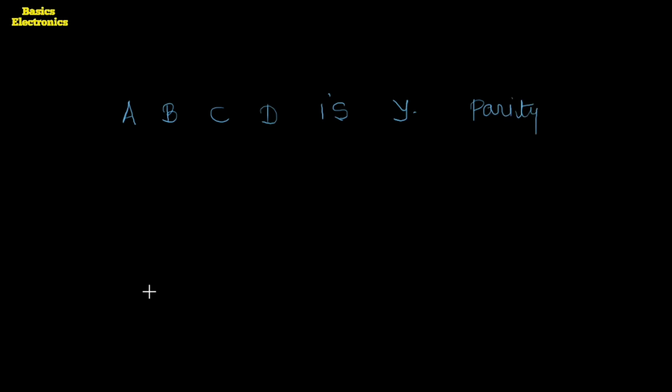I am going to write down only three input conditions. The first condition is 0, 0, 0, 0. Number of ones is not available, so here we write a dash. Then the output is 0 and the parity is even parity, or you can write a dash here, as the number of ones is not available.